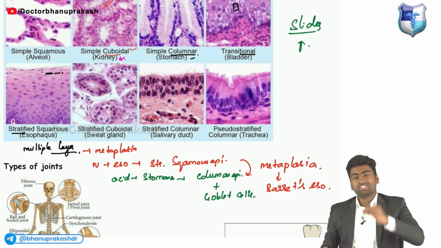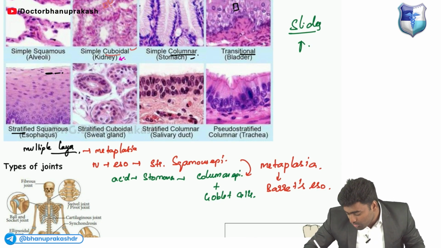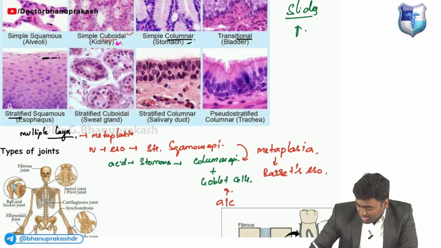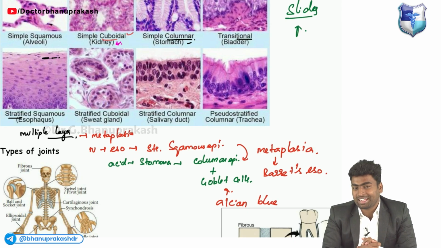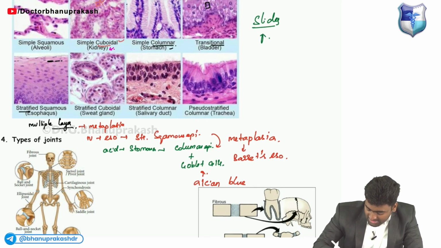And we know the name of the stain which we use for Barrett's esophagus to see these goblet cells. Guys, any idea? That is the Alcian blue. It is the Alcian blue stain which we use for staining these goblet cells, which contain acidic mucin. Fine. Next, about tumor epithelium, the stratified or multi-layered cuboidal will be seen in the case of sweat